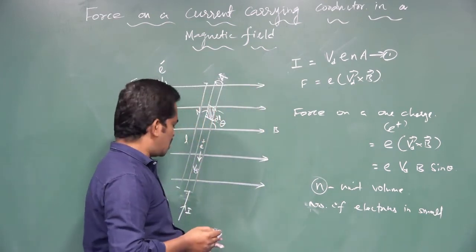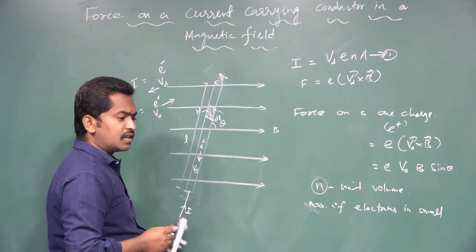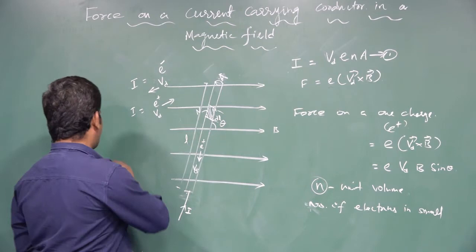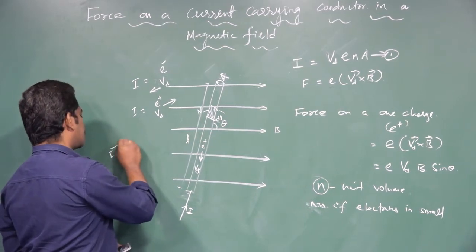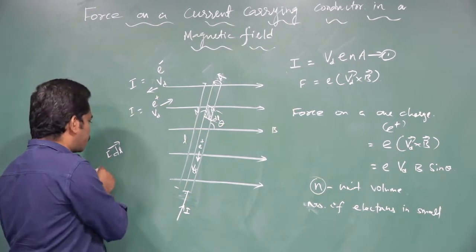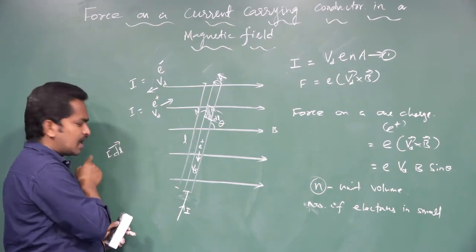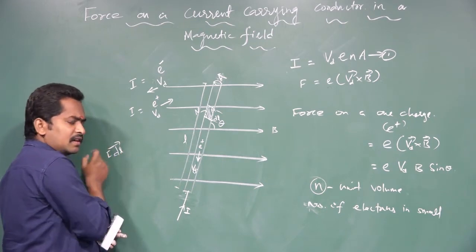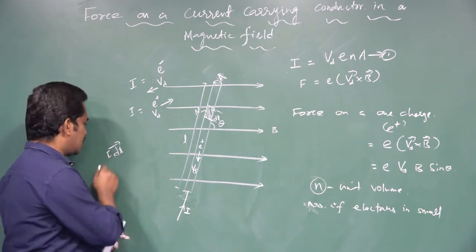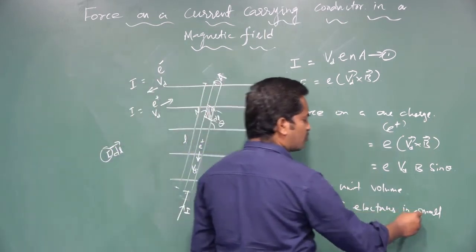I dl is nothing but, I is a scalar quantity, and I dl is a vector quantity. This is a very important one. I dl is called a current element. When current I flows through the element of length dl, it is a vector quantity, while I is a scalar quantity. So, the number of electrons in a small element,